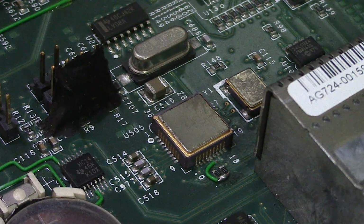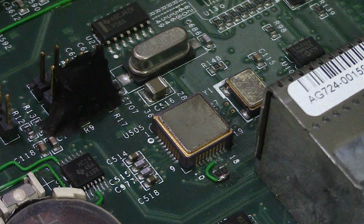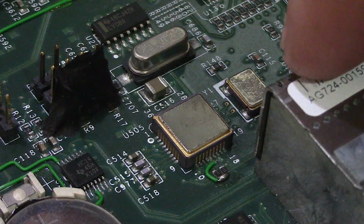The particular one is made by Integrated Circuit Systems, and there's a whole bunch of different models. I didn't find the exact one, but basically you can output various frequencies. It's generally used in gigabit Ethernet, no surprises there. So it's basically just outputting various clock frequencies to keep everything running, and it's most likely driving